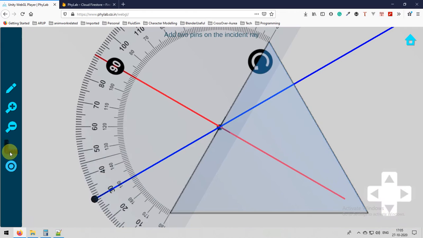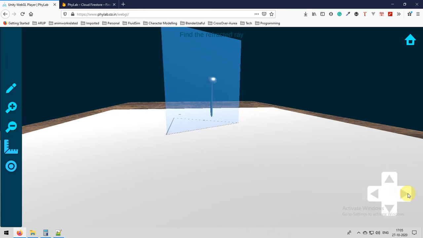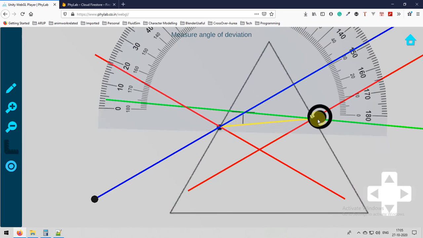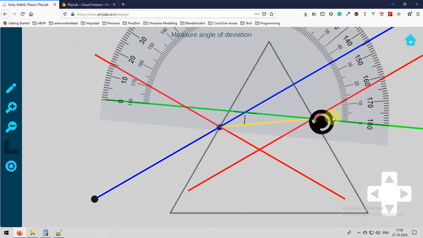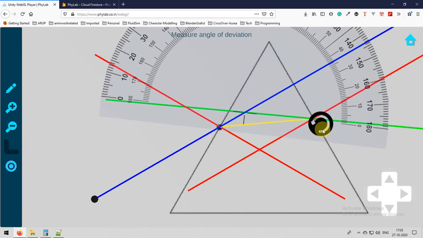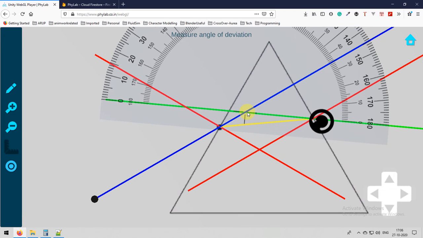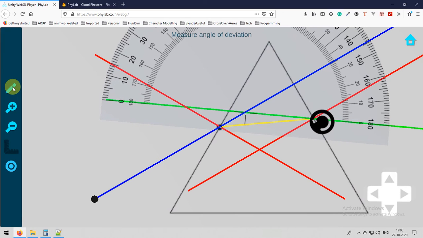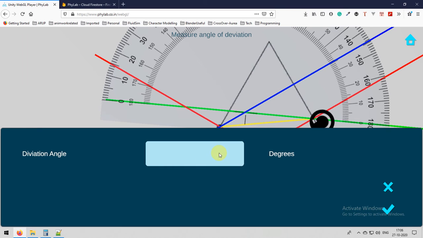You need to be careful to measure the angle of deviation between the incident ray and the final emergent ray. In between there is a yellow line, that is the first emergent ray of the left side of the screen. That is the intermediate emergent ray, but the final emergent ray is the green one.